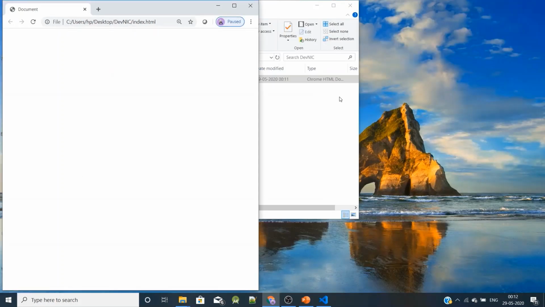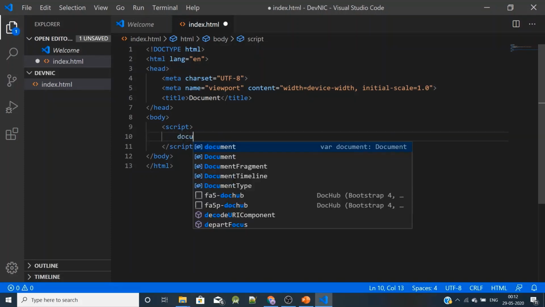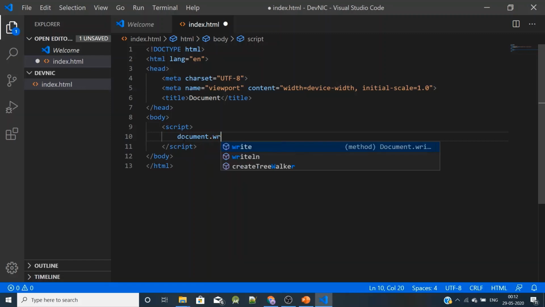So we'll just minimize it, we'll open the VS Code and we'll write some elements to that web page. So now we'll consider that as a document. So you're writing something to that document. In order to do that, we'll write document.write